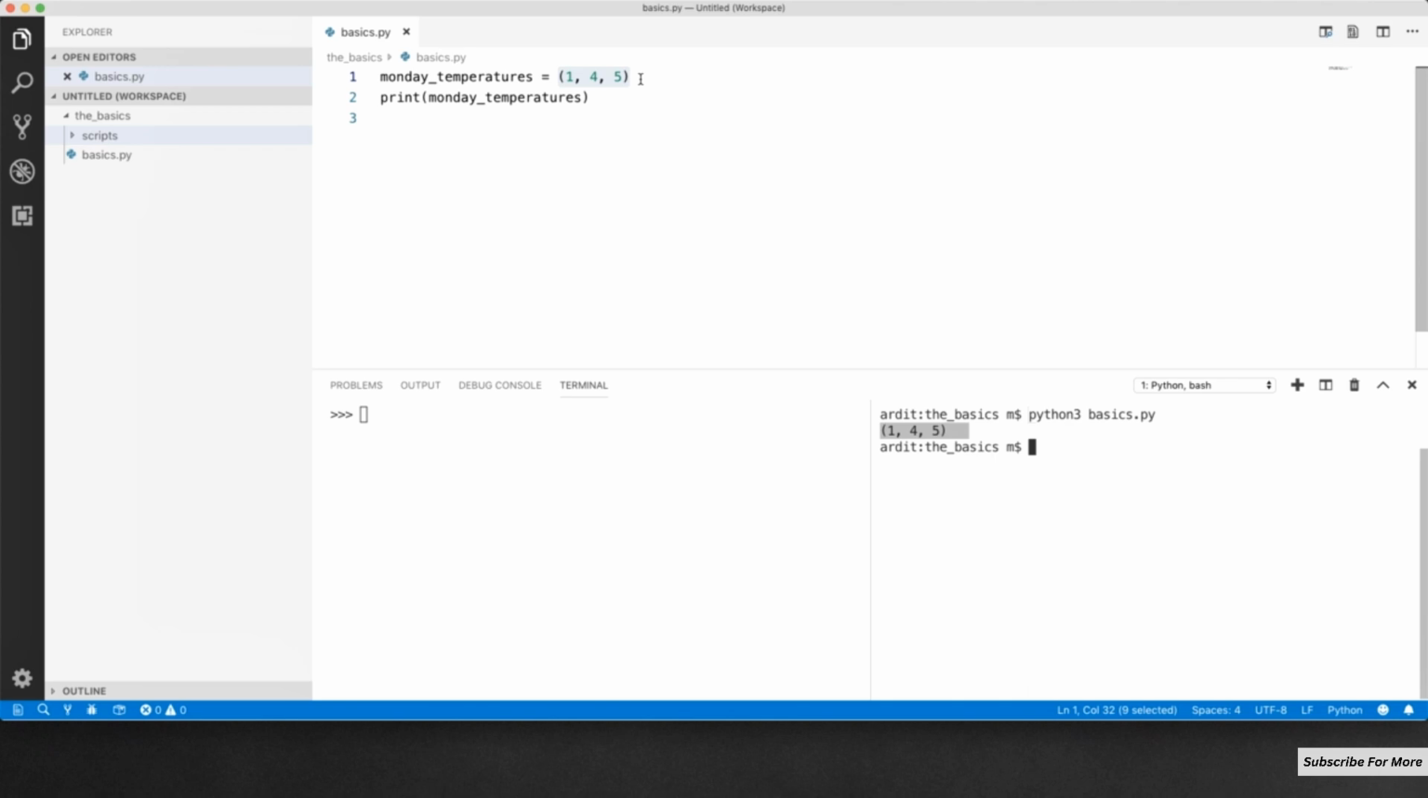However, the brackets and the parentheses are not the only difference between lists and tuples. In fact, this is just a difference in syntax. The real difference is that tuples, such as this one in here, are immutable, and lists, such as this one, are mutable. What that means is that the list, Monday temperatures 2, you can add more items to the list